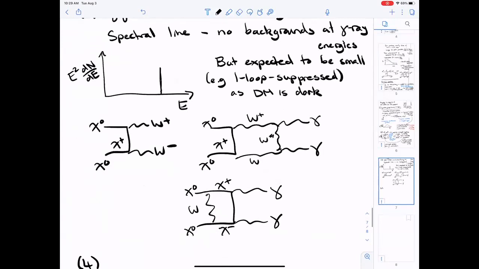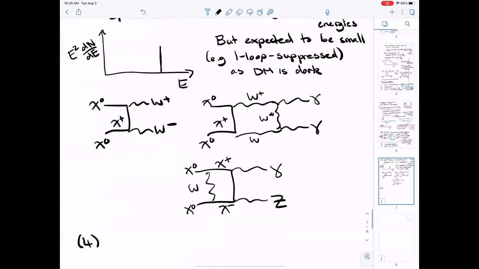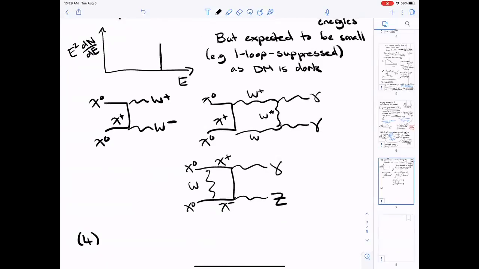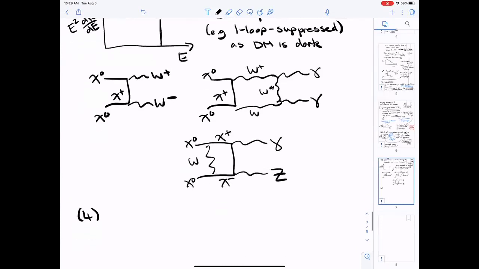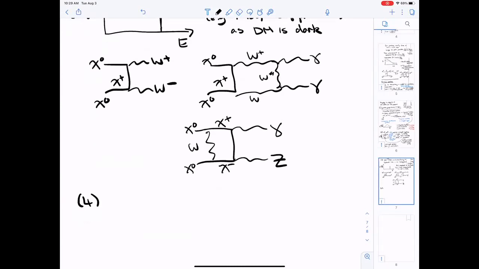Or, in the results I wrote down here, the rate is actually higher for gamma Z than gamma gamma. If the dark matter is heavy enough, the Z is almost massless relative to the dark matter. They again just come out back to back, each carrying half the COM energy. So yeah, that's a great question. Okay, so the last category, which is hard to observe, is where you only make neutrinos.